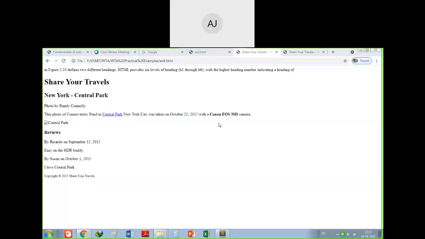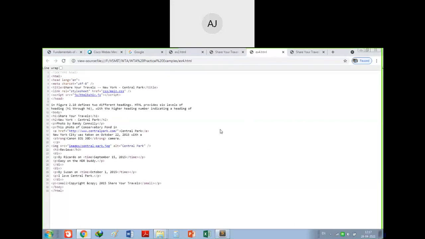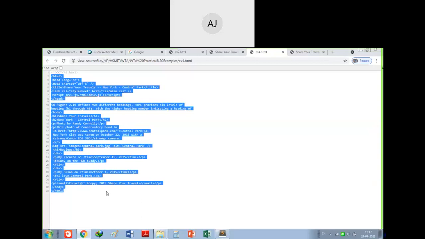One more very important thing, which will not be mentioned in the syllabus. Just right click on any web page and go to inspect or view page source, both are okay. Go to view page source, and you can see the complete code of HTML. Whatever code I have written, the same code you can see here. If one of your friends has designed an HTML website very nicely, you can see his code very clearly here.